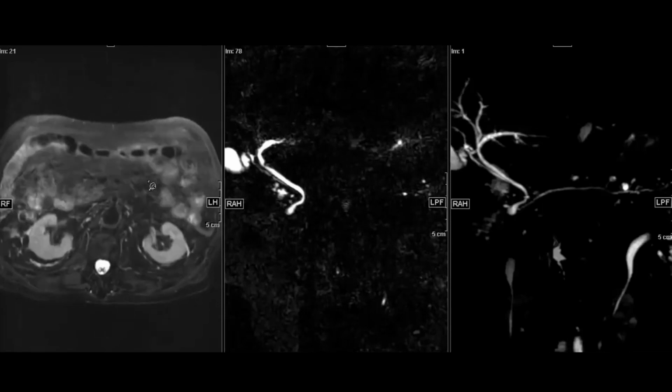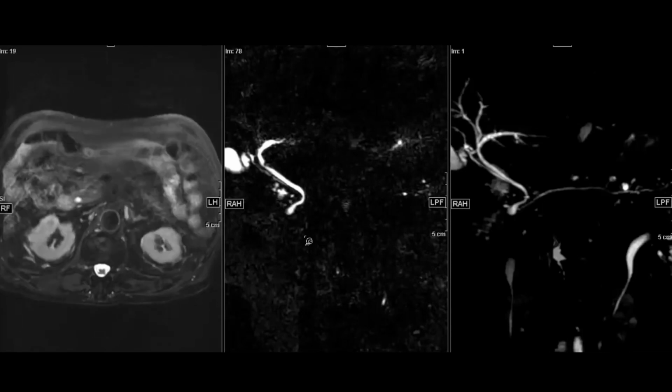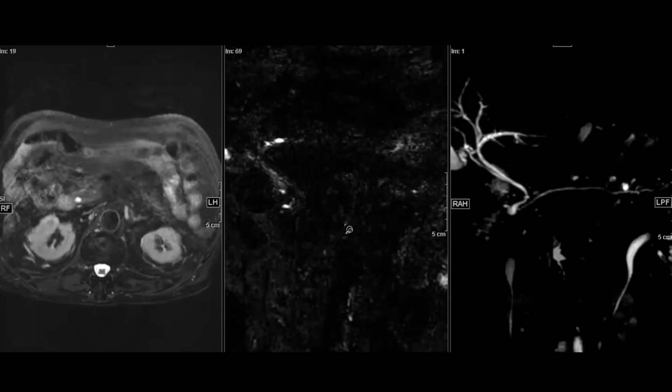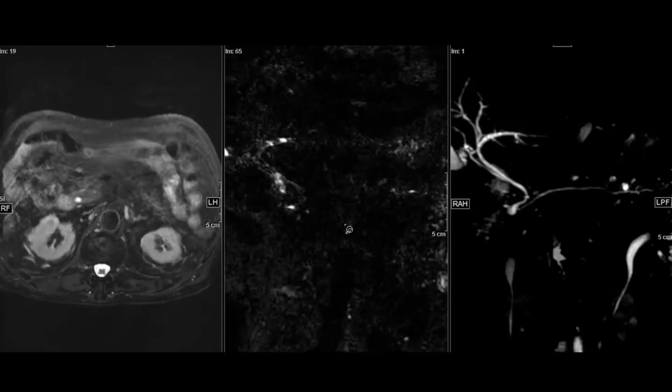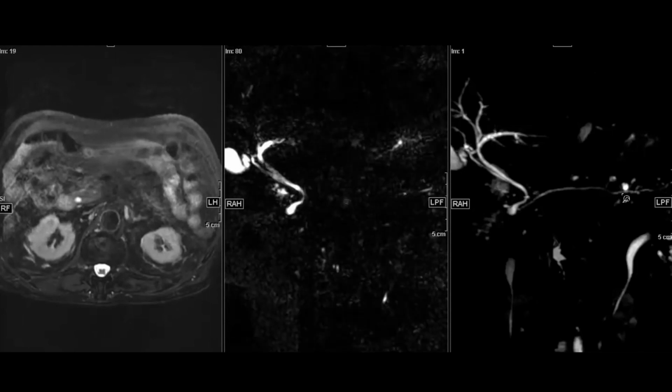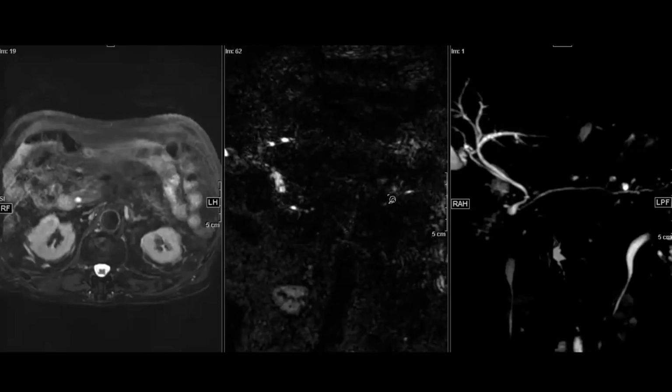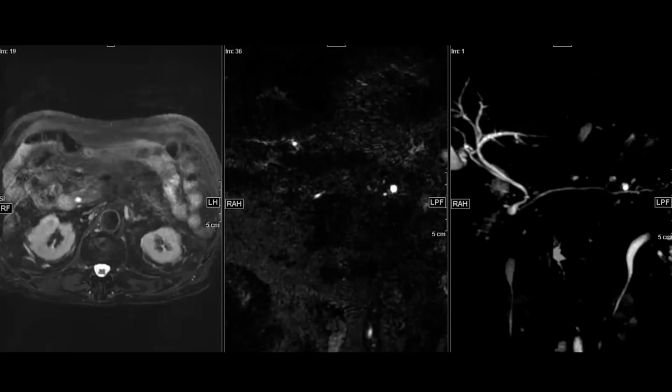I'll go over the images once again in case anybody wants to see them, and I'll revise the findings. So we have a cystic dilatation of the CBD at its ampulla, which is also known as a choledochal cyst or a type 3 choledochal cyst or a choledococele. Additionally, this patient also had a separate opening of the pancreatic duct, which is known as pancreatic divisum. A few cystic lesions are also associated with the pancreatic duct. We do not see definite communication in a few of them, but these are probably side branch IPMNs. Let's move on to the discussion for the case.